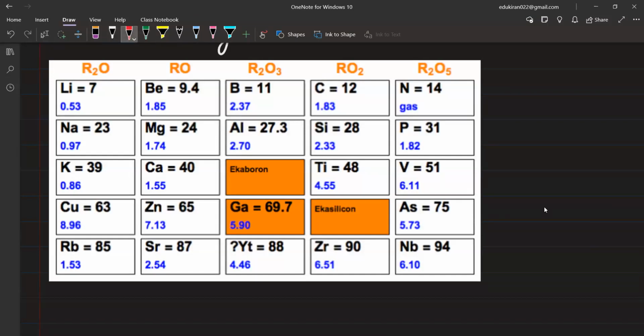Now, as you can see, after calcium we have scandium, right? So he had left blank space for scandium and he called it Eka boron. What is the meaning of Eka boron? That it is coming in the row of boron. And this he called Eka silicon. That means it is coming in the row of silicon. It will have similar properties to silicon. And this was Eka aluminium, which was later found out to be gallium. So these are the elements that in the first version of Mendeleev's periodic table he said, okay, fine, we do not have these, but we will get these later on. So these were 3 elements that he discovered.